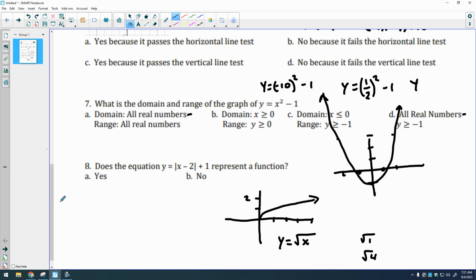Well, when you plug a number into an equation, something happens. You work it all out, and you get a number coming out of the equation. This whole idea of a function: when you plug something in, something comes out. Domain is what you plug in, range is what comes out. X is what you plug in, typically, if it's just y and x, and your range is what comes out,